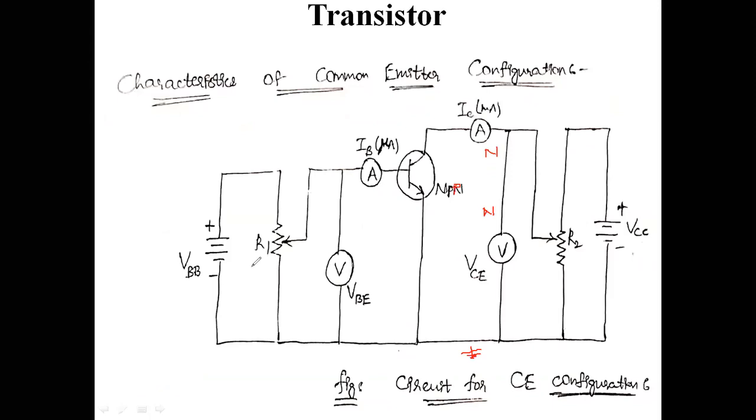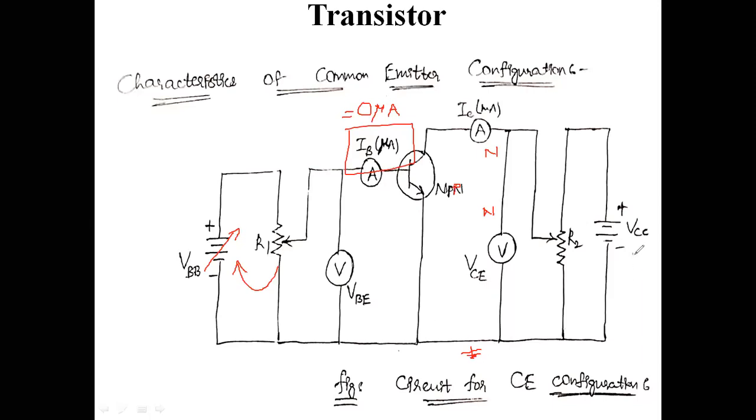In this way, for output characteristics, go to the input circuit side and vary this VBB with the help of R1. Then variation in this IB will take place, and I will set this initially. I'm not going to disturb this IB value. That value may be 0 microamperes, and for that 0 microamperes I will just leave the terminal. This IB is equal to 0 microamperes, the initial reading.